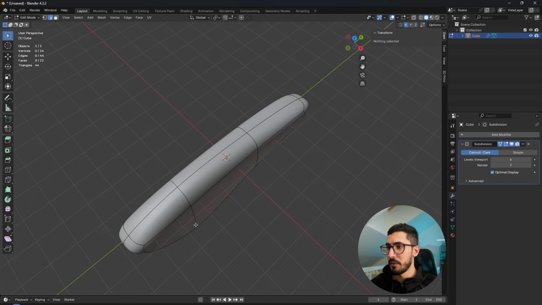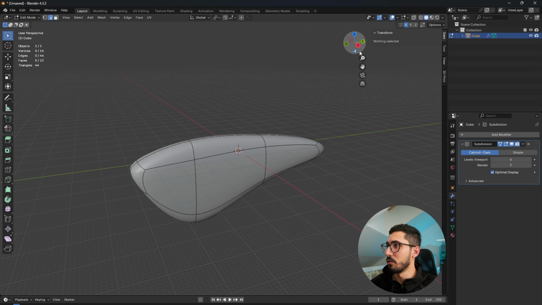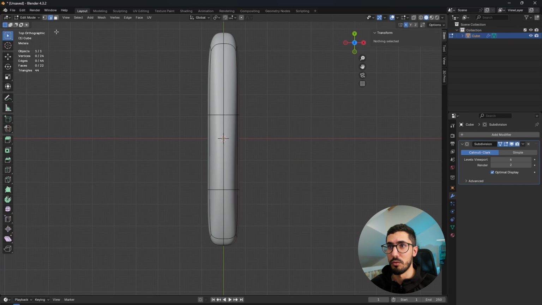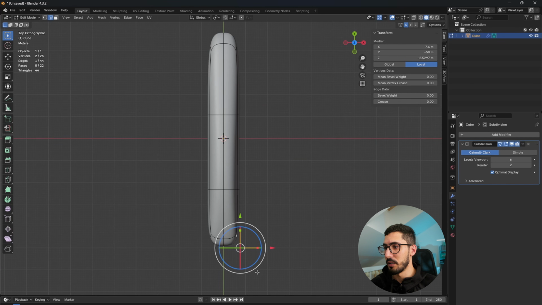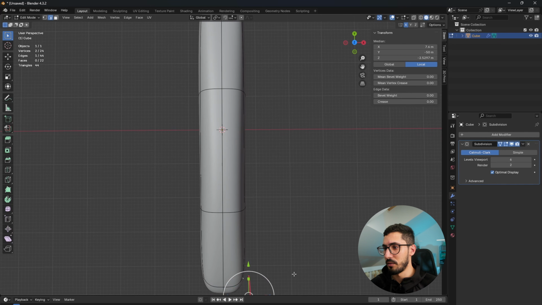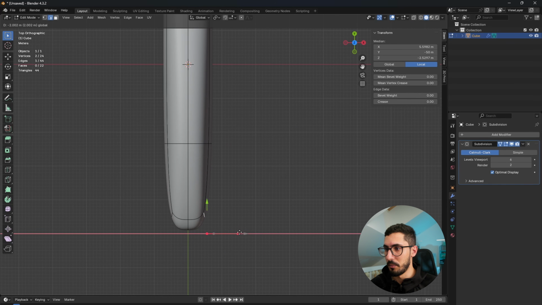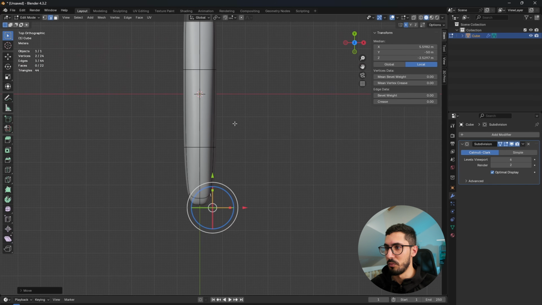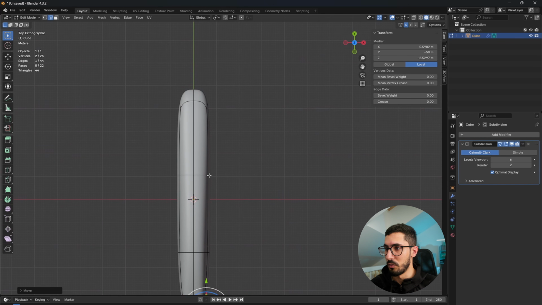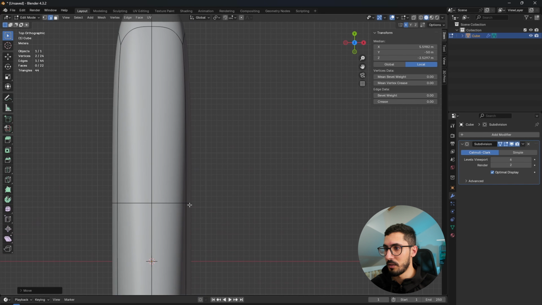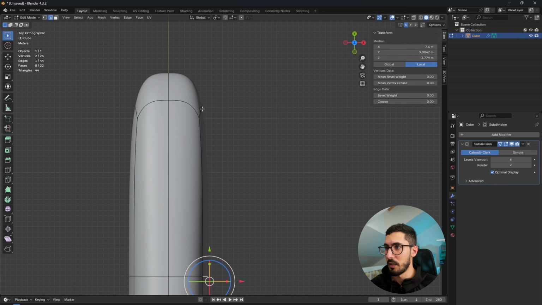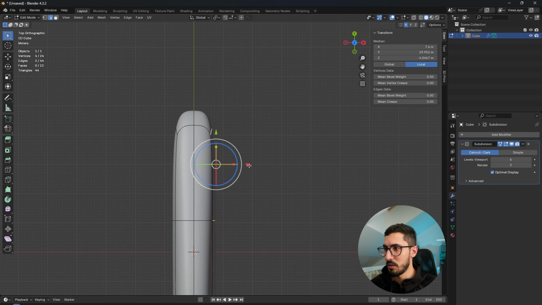Cool. Now we can click on the Z. So we were on the right view. So if we click on the Z, now we get the top view, and we can select. Now we can move using the red arrow. Not too much though. And now we can go back, and I'm gonna select this edge and this edge, and